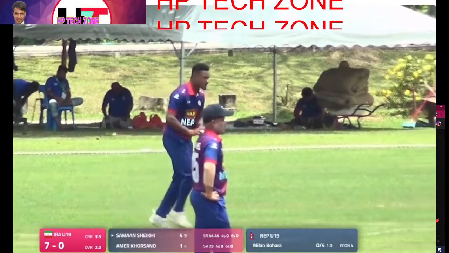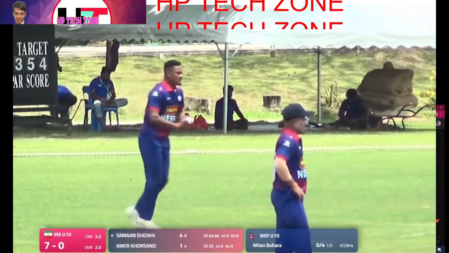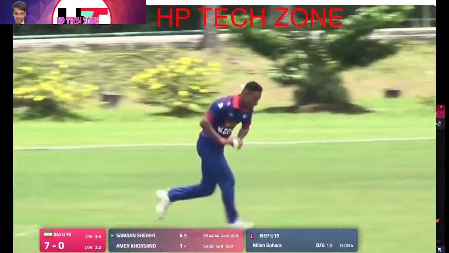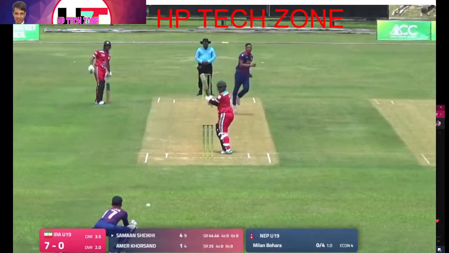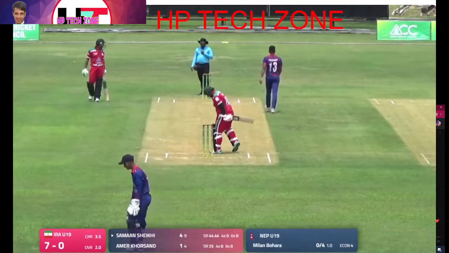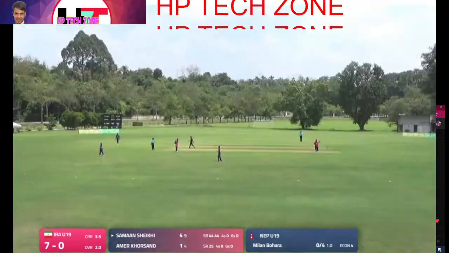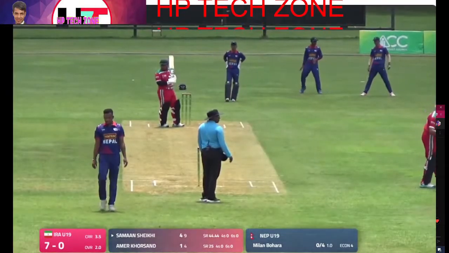Yeah, the quality in bowling that Nepal has is just a touch above what the Iranians have. So they're really going to have to navigate this hard, fight it out. And we can see a lot of pace being generated early on by Hemant. That kind of pace is not something they're really used to.